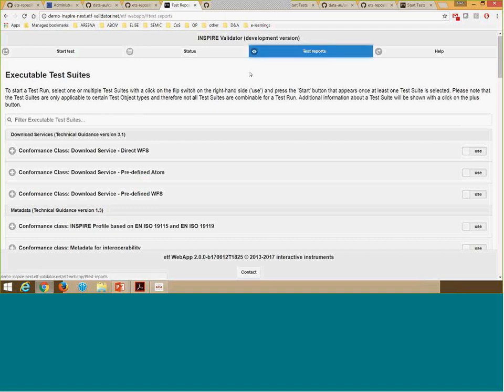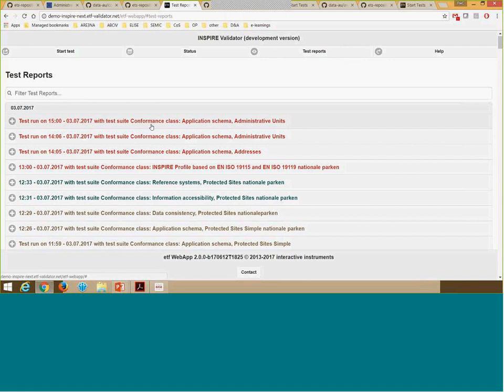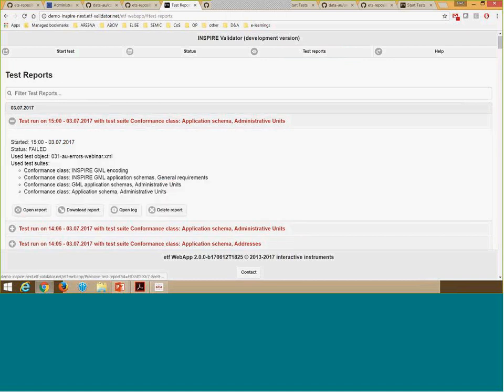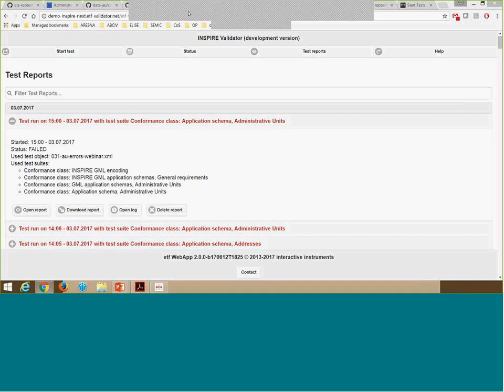So these are the generic tests, theme-independent, and then on top of that you have specific tests like the code list test, which is theme-specific, and that is executed. The test also executes the generic tests.